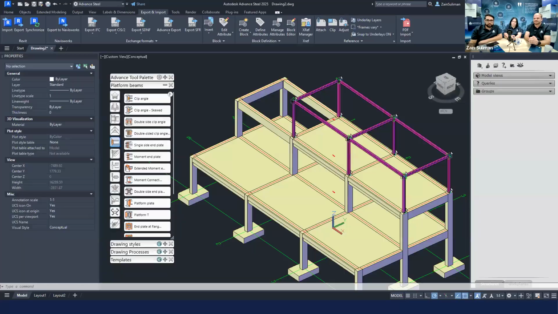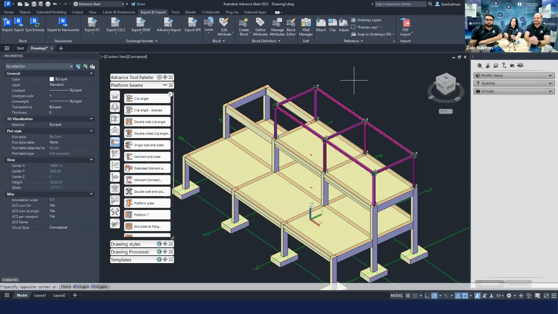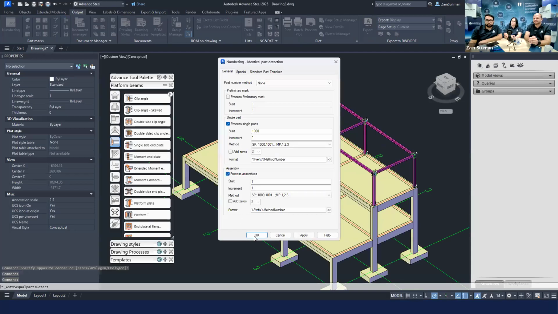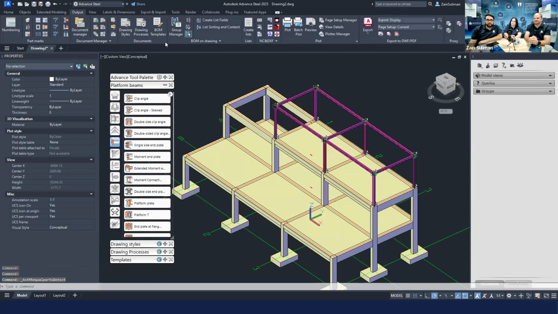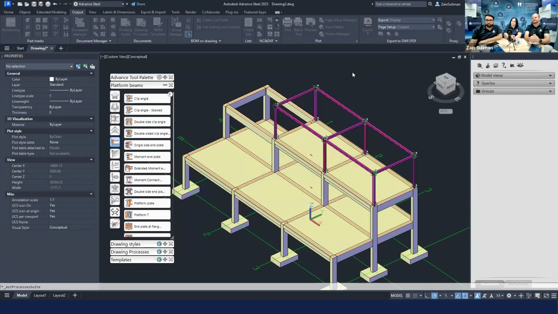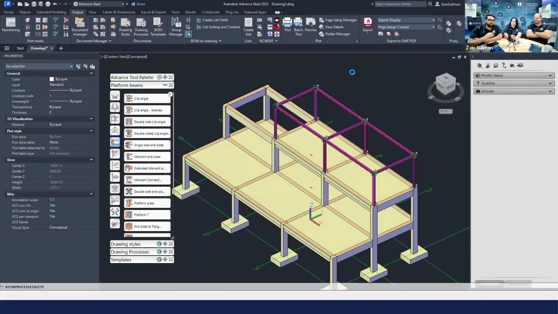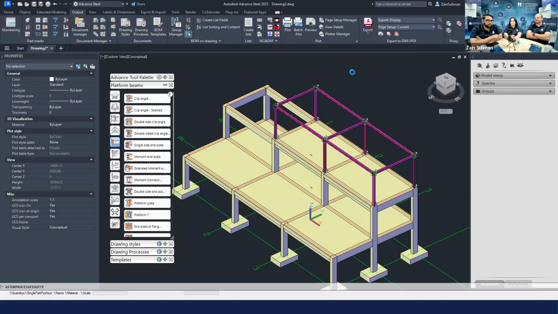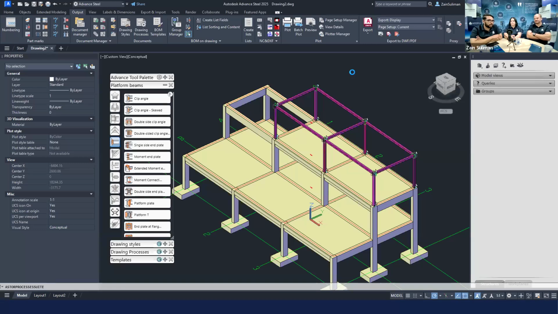Now, another nice feature within Advanced Steel is your fabrication drawings. If I just go through my numbering system, I can then produce a bunch of drawings by clicking a few buttons. So I'm going to use all, one per sheet. And that'll basically run this command to create all my drawings. So a lot of the features that I've shown here are available for training